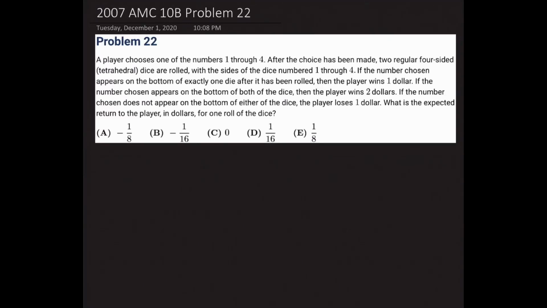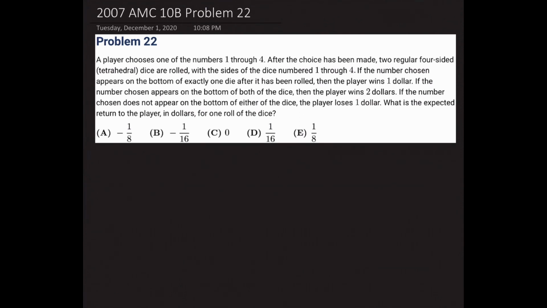I'm going to be solving the 2007 AMC 10B problem 22. Let's read through the problem. A player chooses one of the numbers 1 through 4. After the choice has been made, two regular four-sided tetrahedral dice are rolled, with the sides of the dice numbered 1 through 4. If the number chosen appears on the bottom of exactly one die after it has been rolled,